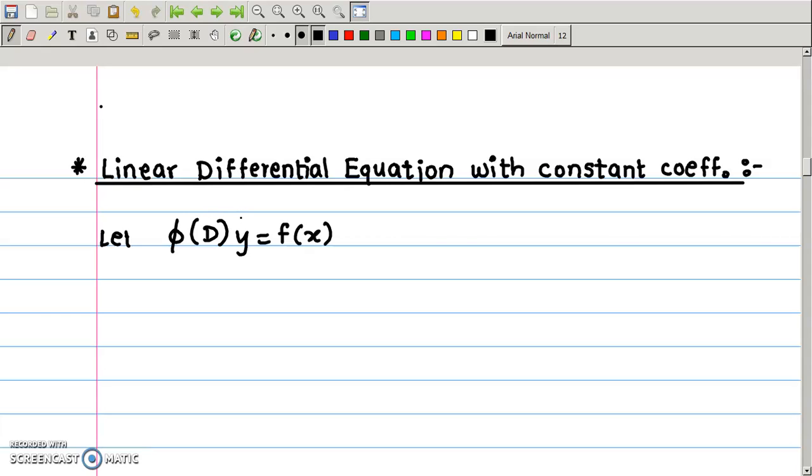Here we take the derivative, or we operate D on the dependent variable y. So this will be the linear differential equation. Next criterion is to classify linear differential equations with respect to the nature of f of x. So with respect to this f of x, we can classify depending upon the nature of values. If this f of x is 0,